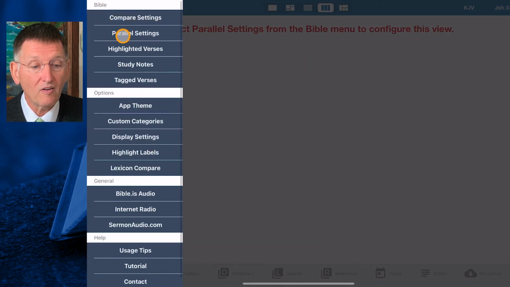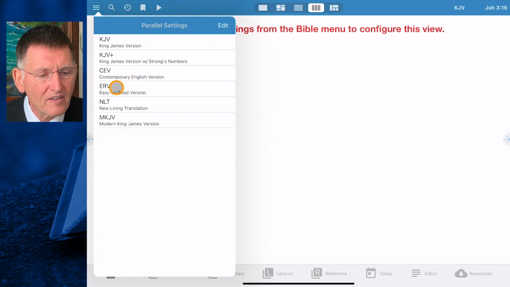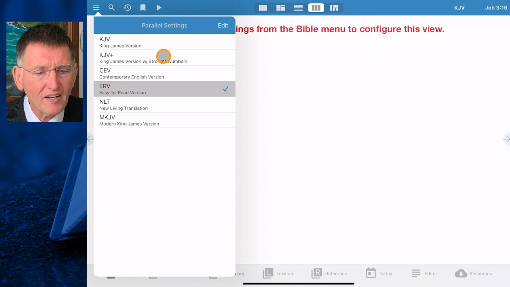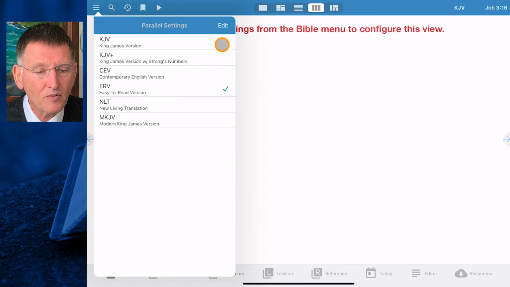So let's go to parallel. I have 5 different translations in my eSword study, my personal library or personal toolkit, and I have them lined up the way I like to read it. I like reading more in the parallel than the compare, but some people like the compare better. It's easier to cut and paste and compare than it is in parallel. But let's edit this, and let's put easy reading. Well, let's see, just a minute here. Let's click on some of these that we're going to have